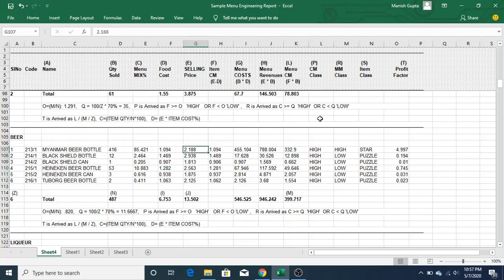So maybe the price of the Myanmar bottle can be slightly increased, because it's the most popular item, instead of decreasing the price. So you can probably increase the price of the Myanmar beer. For one thing, you will get additional profit. Another thing is that the other bottles would also probably start selling if you maintain the price range. So here the hotel is definitely leaving money on the table,